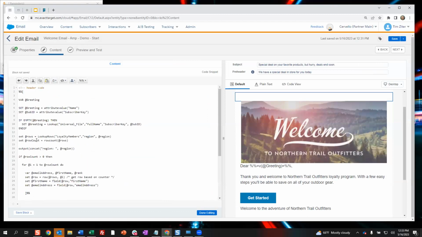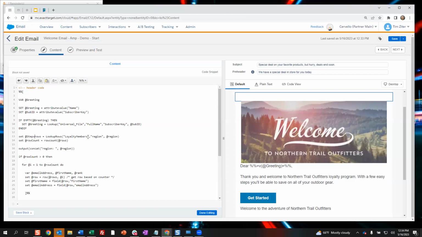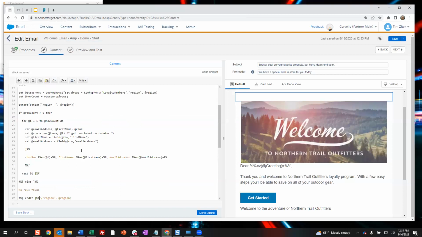Okay, so the first thing we're going to do is set the rows for this LookupRows function. So let's just change this to stepsRows, just so that it is individual for this use case. And now let's fill out the rest of this LookupRows function. So the first field we want to enter here is the data extension that we're doing the lookup in. So just like with the Lookup scenario, we're going to go in here, we're going to copy the data extension, we're going to paste it into this first field that identifies